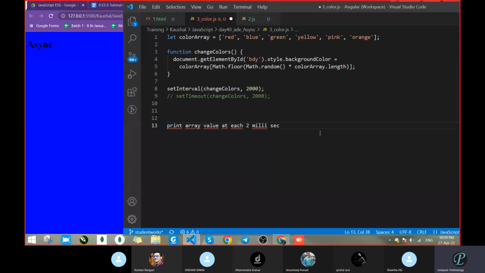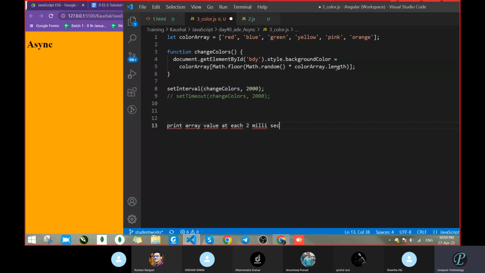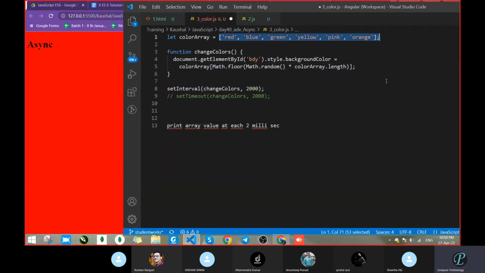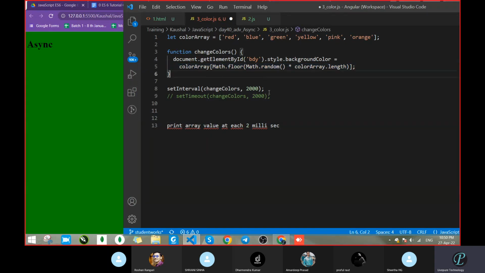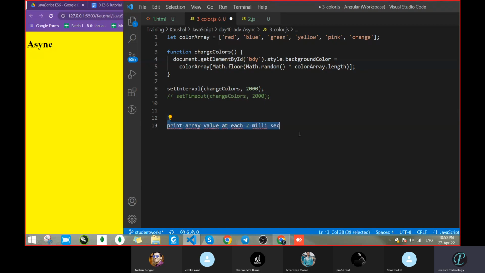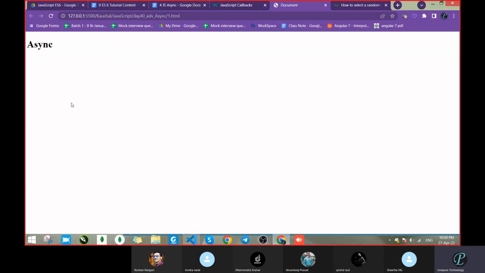So how can we do it? We can do the same way, because anyway what we are getting here is a random value from the array itself. If you want just the array value, you can write like this. And the main role is played by set interval or set timeout. If they say at each interval, you can go with set interval. If they say after 1 second, you can go with set timeout. This was the question actually. For Angular, they asked it, not to me, to someone.